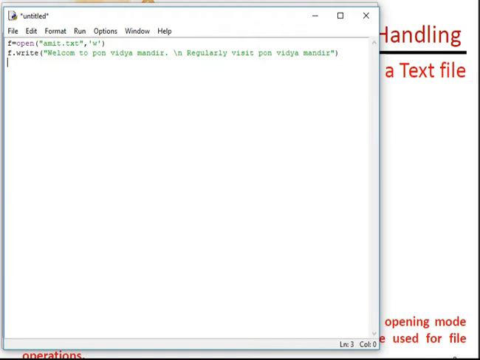I will close the file. So now I have created the file.